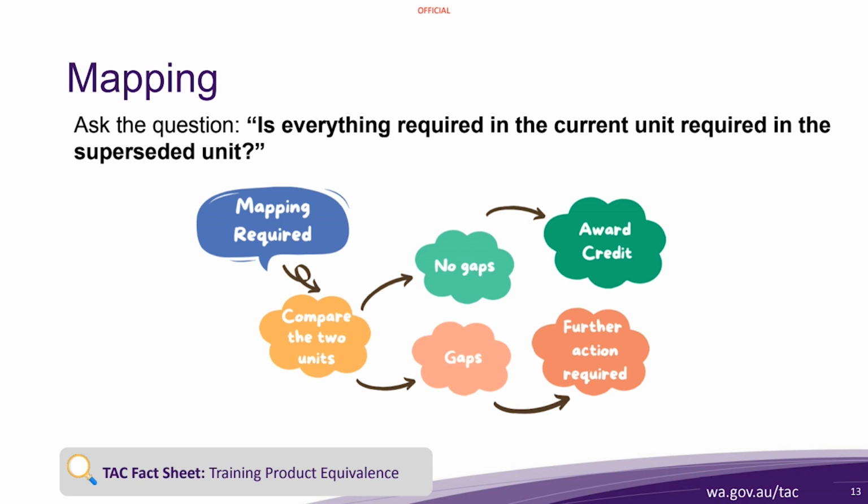But it is important to understand that whilst the normal process of credit can be done as an administrative process, and under those circumstances is low cost to you and potentially to the student, this process is going to require expertise, subject matter expertise, because a judgment has to be made as to whether the gaps that have been identified are significant gaps in terms of the credibility and integrity of the current unit of competency. So what we might do is then look at an example of where this has been done.